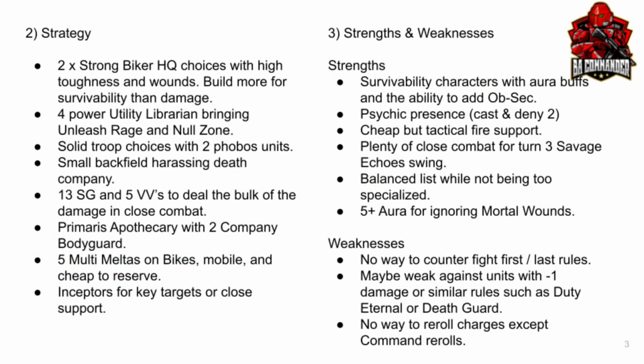Very high toughness and wounds, very survivable, and generally designed to absorb a lot of damage. Not a lot of damage coming out from them, but they will last, and they both have auras, and they're both going to be generally very difficult for the opponent to bring down. We also have that 4 power utility Librarian that can bring the Unleash Rage to either squads of Sanguinary Guard